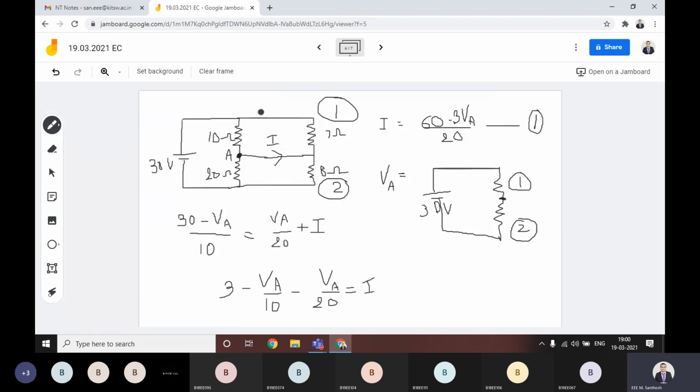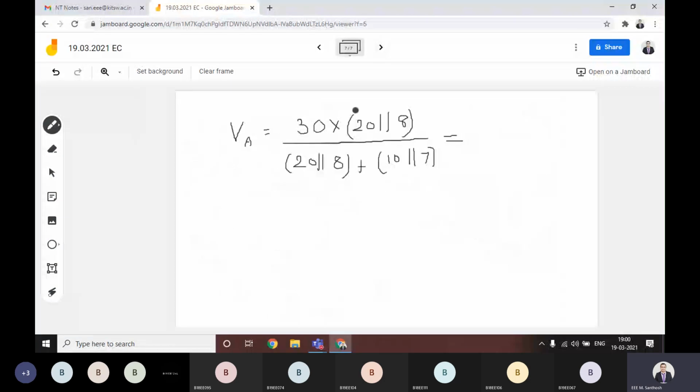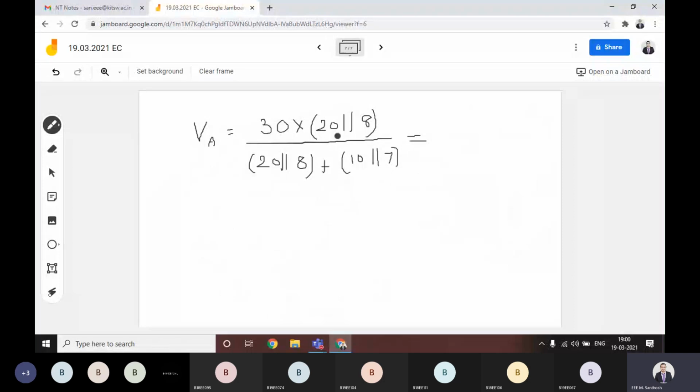I hope you understand. This is the parallel combination which will give the first resistor, and this combination will give you the second resistor. Then we are finding the value of VA. Here the node is A, and obviously we are assuming this like a ground point. Then in that case, whatever voltage appears across this resistor directly, it will appear at this node VA. For that reason, we have calculated the value of VA.